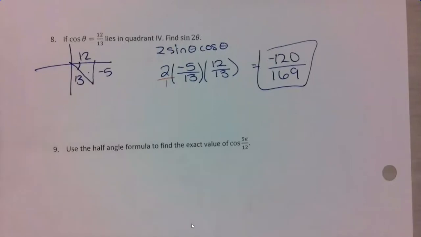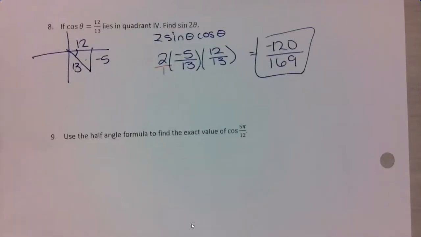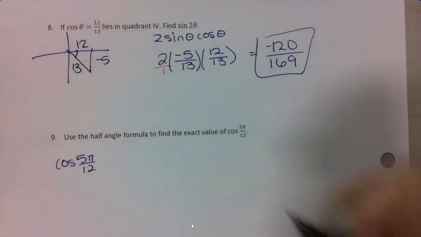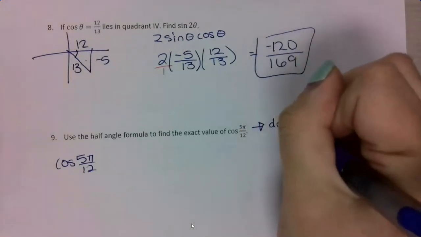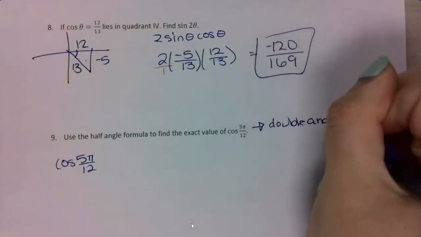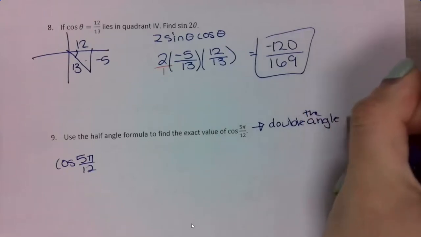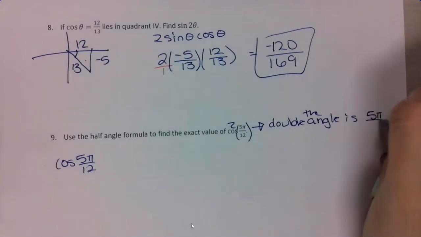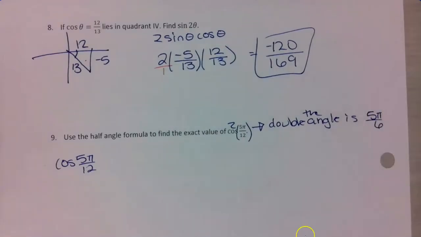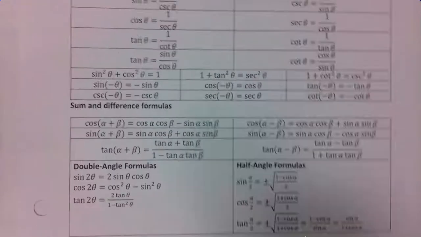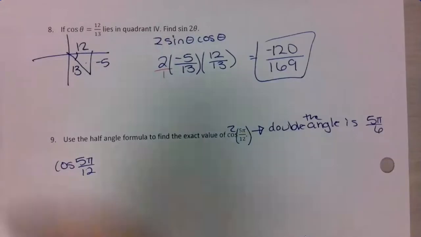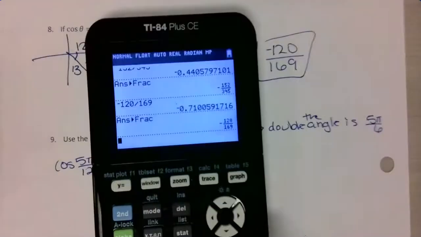Okay. Number 9 wants me to use the half angle formula to find the exact value of cosine of 5 pi 12ths. I would need to figure out double the angle, so I'm going to multiply this by 2, which will give me 5 pi 6. Then I want to plug into the half angle formula. Again, you have to use the right formula here. I need to know if it's positive or negative. So 5 pi 12ths